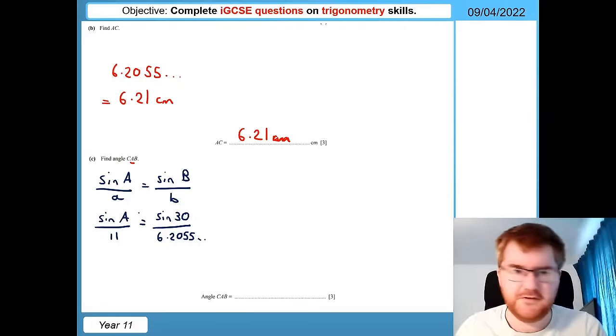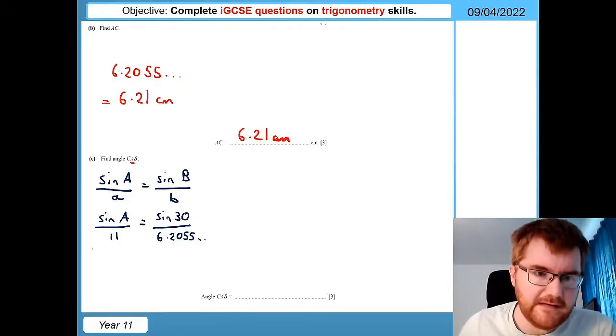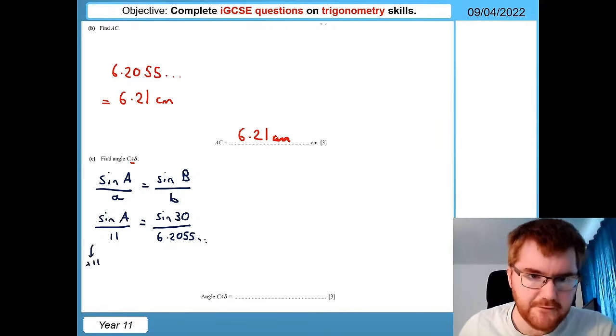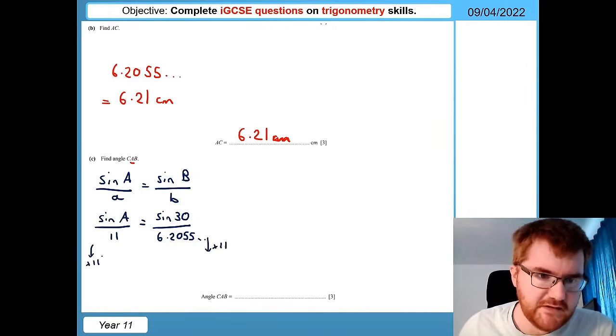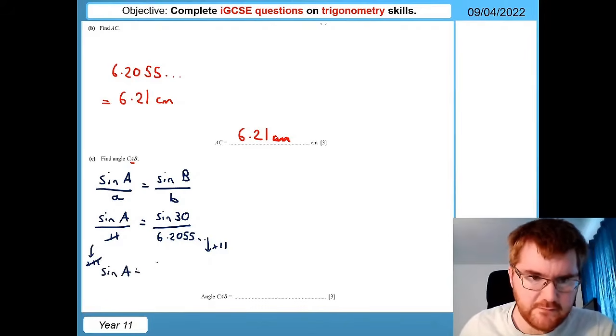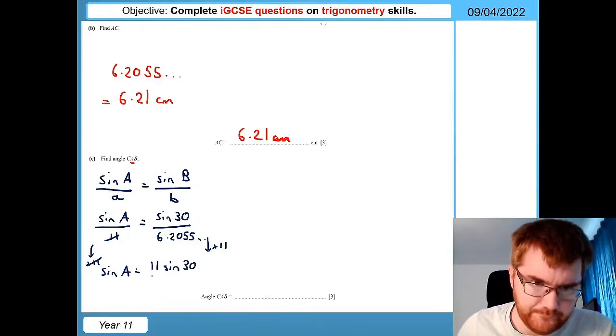Again, we want to get the sine on its own, so what's the opposite of dividing by 11? Well, we need to times by 11 on both sides. If we do that, then we get sine A is equal to 11 sine 30 over that